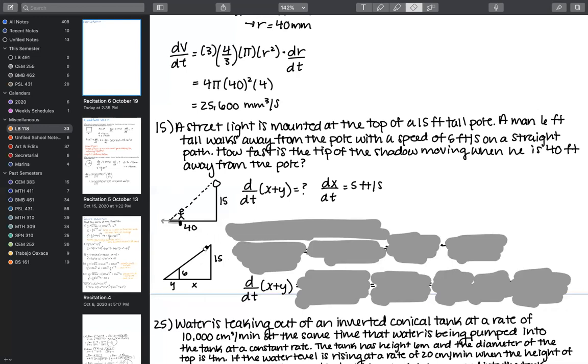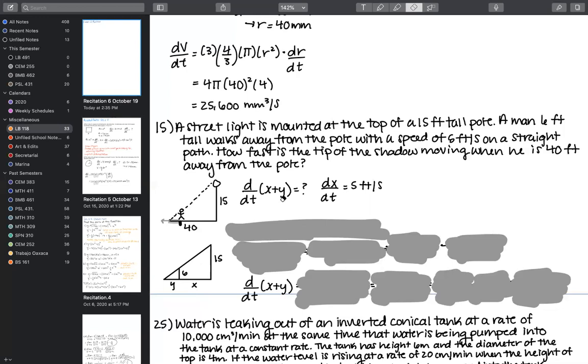triangles. And the reason for that is because we know what his X value is. What we don't know is how long his shadow is, and that's not going to be a constant value. It's going to be longer and shorter at some points relative to how far away he is from the light. And so since we are regarding this as X plus Y, we're calling this whole leg of the triangle X plus Y because we know that part of it is the distance from him to the post and part of it is the distance from him to the tip of his shadow.